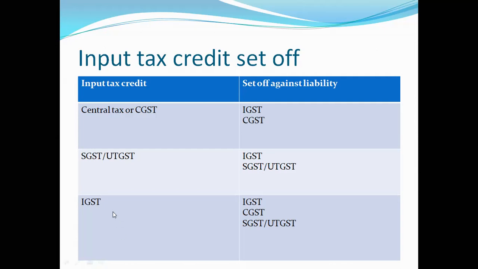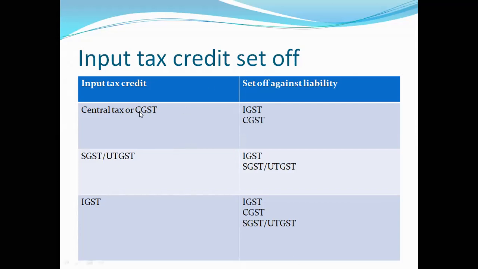Third, suppose you are having the balance of IGST account. The first order where we have to pay tax liability is IGST. If anything is remaining, you have to pay tax liability of CGST, and if anything is remaining, you have to pay tax liability of SGST. This is the order you have to follow while utilizing your input tax credit towards payment of tax liabilities of IGST, CGST, and SGST. Okay, so you should be very careful here.